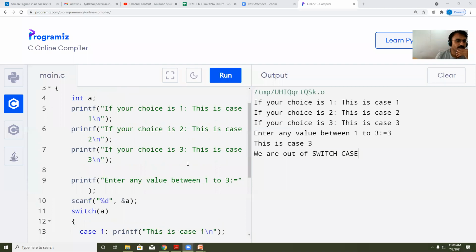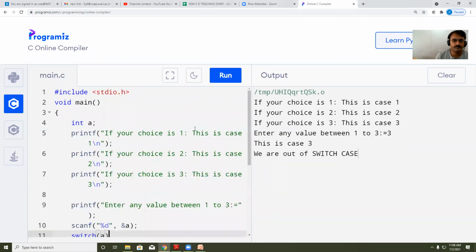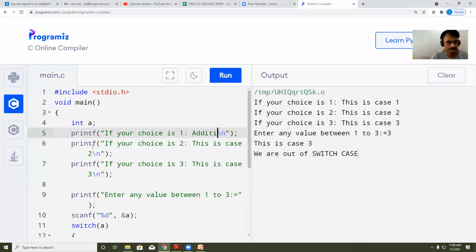Okay, now see, I will change this. This is what I have just printed, the statement. Now, what if I'm having instructions? Then how to do it? Let's say instead of this is case 1, I will print addition.